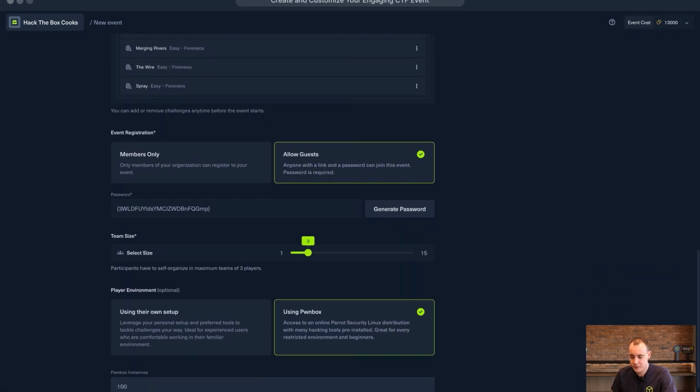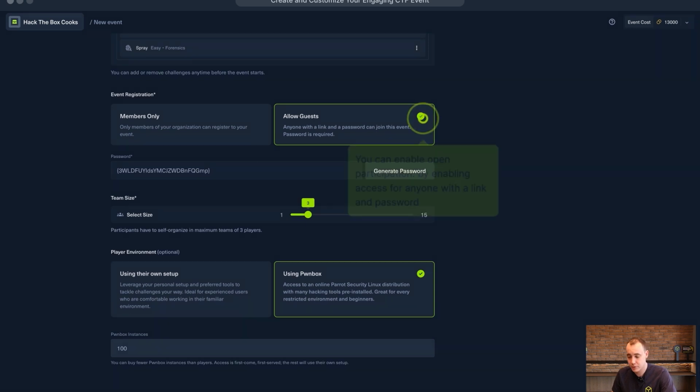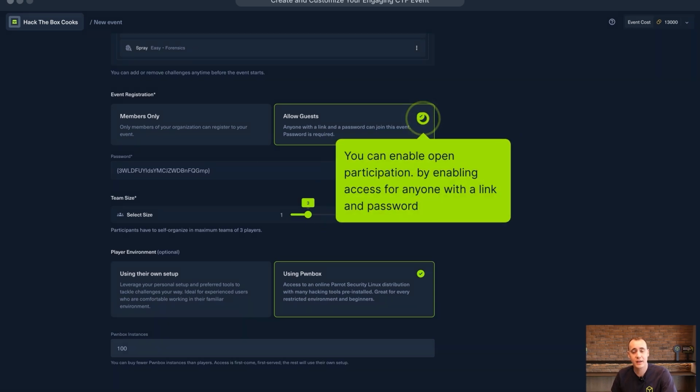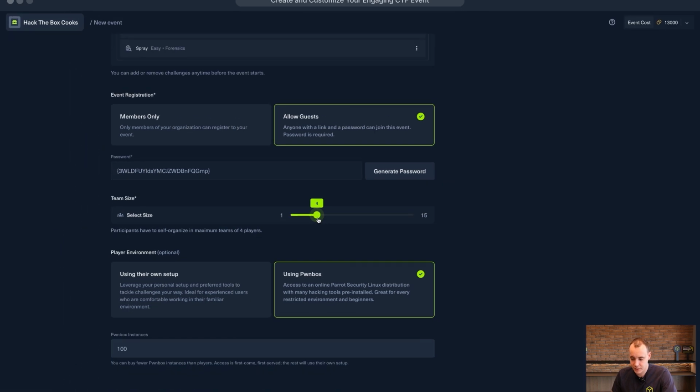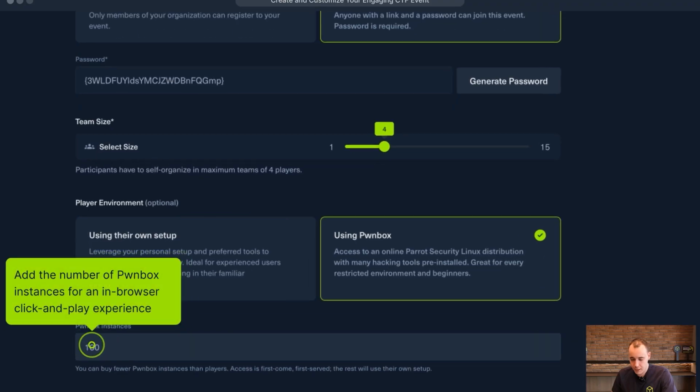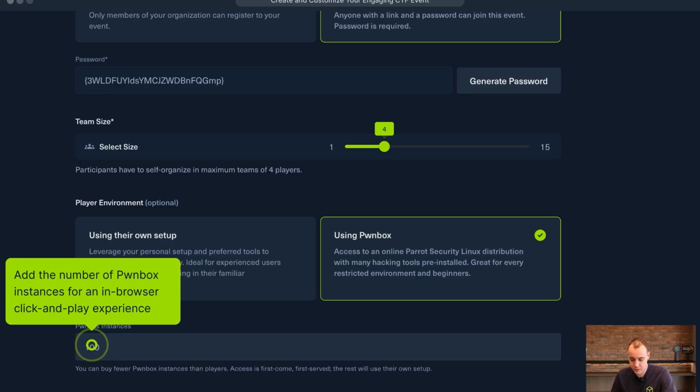The next step would be to select whether I want to allow members only or allow guests who may have a link, and I can share with them a generated password. Let's allow guests here. Even more importantly, I'm going to adjust my team size. Let's make it a maximum of 4 players. And I'm also going to select the number of Pawnbox instances I want within my events. Pawnbox is a pre-installed online click-and-play experience where the players can actually interact with the scenarios within their browser. I'm going to select 100